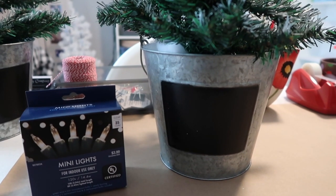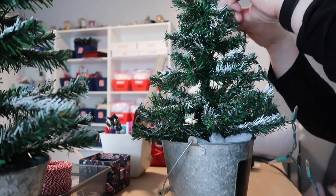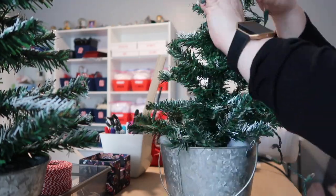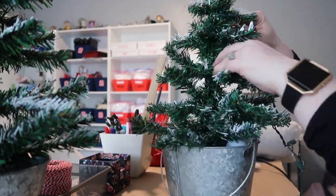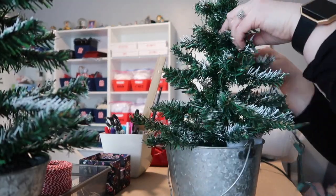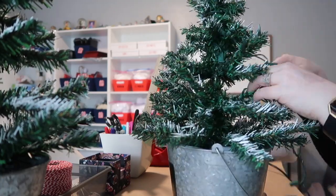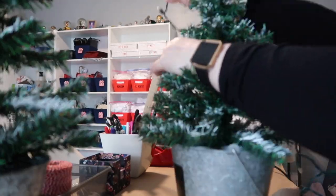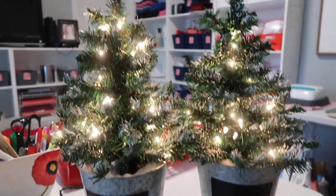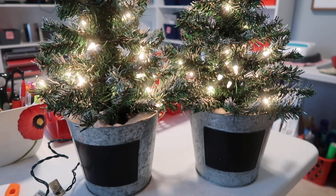Now it's time to add some lights. Now I've added the lights, so the next thing I'm going to do is I'm going to add something to